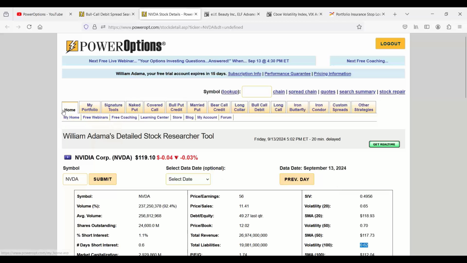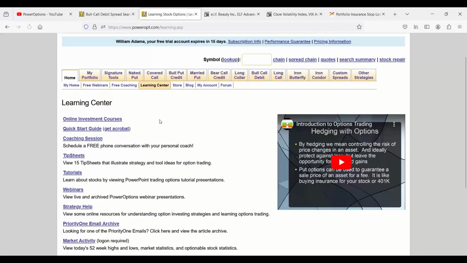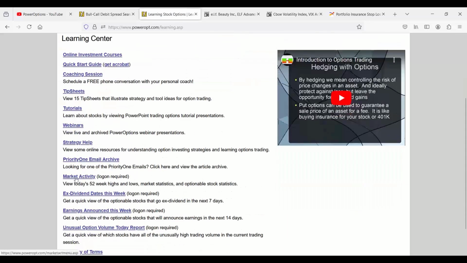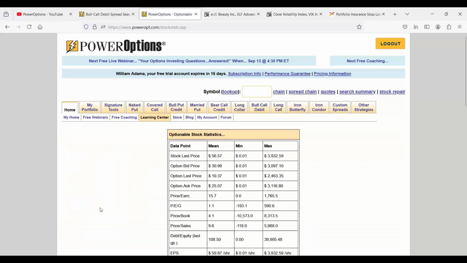Well, the reason I know that is because we have a tool that shows you that. It's kind of neat. If you go into the Home tab and we go under Learning Center, we can go to Market Activity. And we have this one called Optionable Stock Statistics. Now, the market statistics is fun too. You get a quick view of today's stock and option market activity. But the Optionable Stock Statistics view, this page is looking at all of the optionable stocks, US stocks, indexes, and